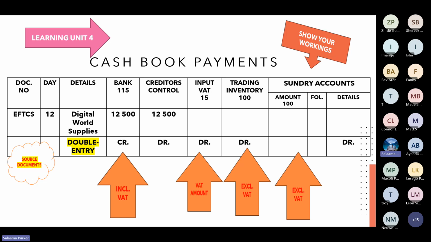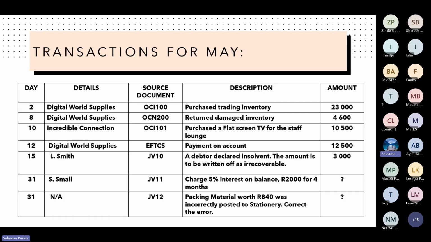And now the last transactions, so we've done them all. You can tick them off now. What is left now is your general journal entries. Journal voucher 10, 11, and 12. Those are the three that we now need to record in our general journal. A debtor is declared insolvent, the amount is to be written off as